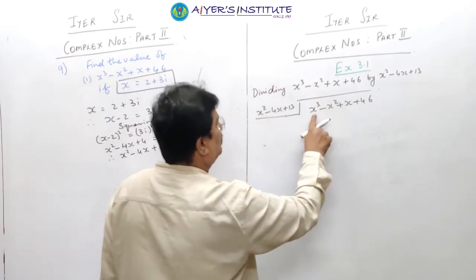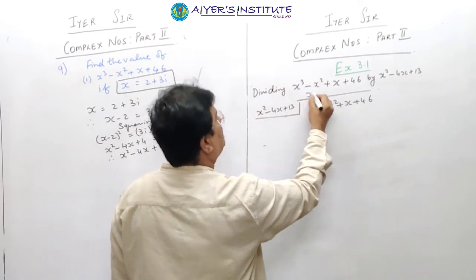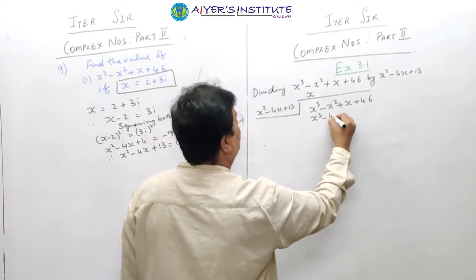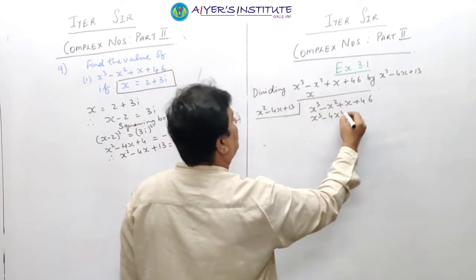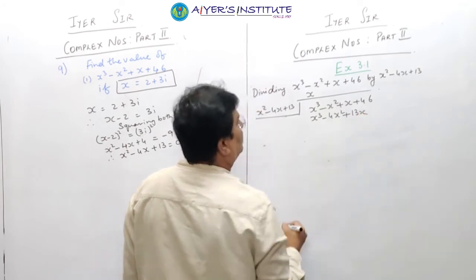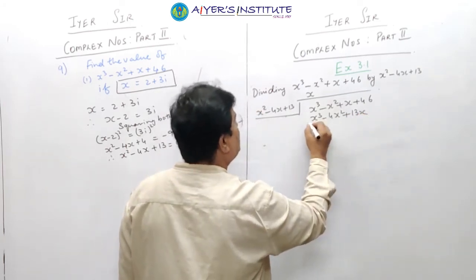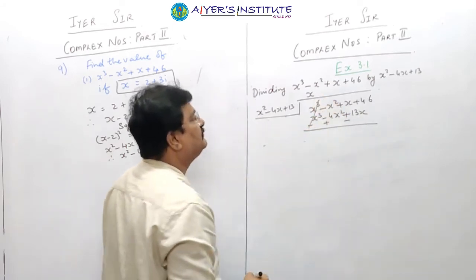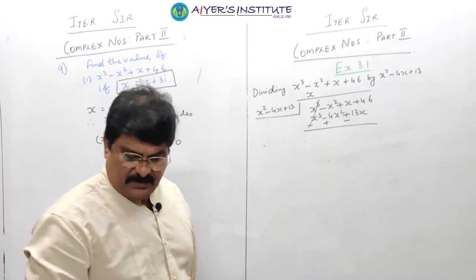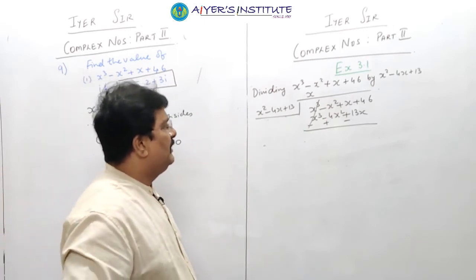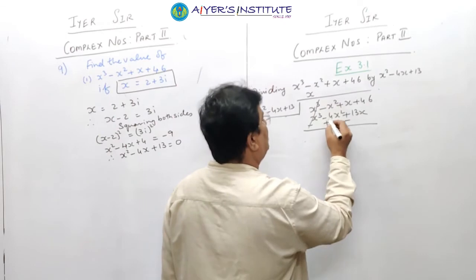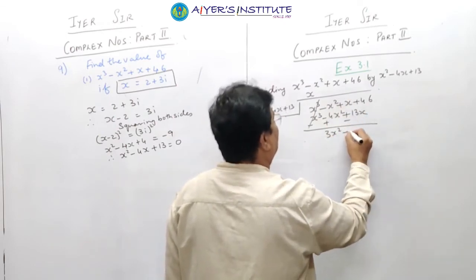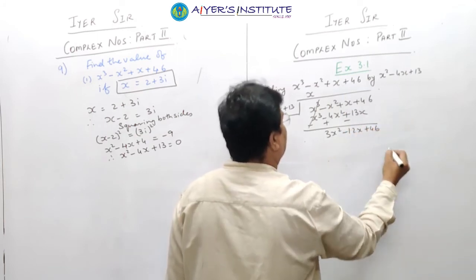तो पहले we want x cube here. तो x into how much is x cube? x. So x into x square, x cube, x into 4x minus 4x square, x into 13 plus 13x. Sign change करना पड़ेगा because division है. So when we do minus, ये कटेगा. Right? So you get 4 minus x square. This is plus 4 minus 1, so 3x square, minus 13 plus 1, minus 12x plus 46.